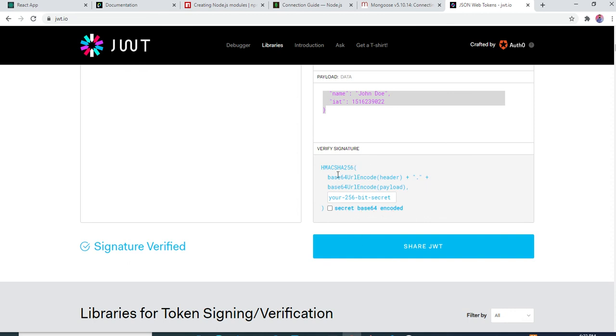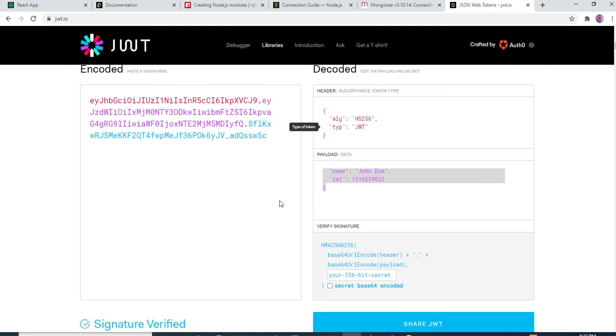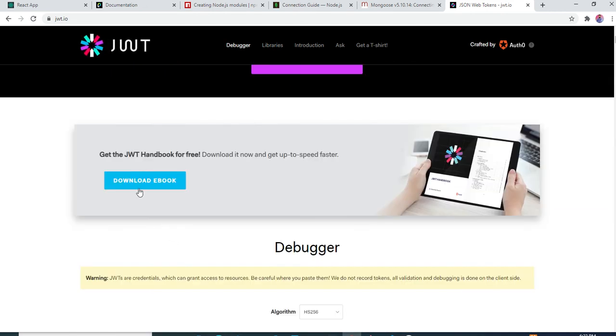So after encoding, the base64 URL header is included. Then this JWT token has the information of your payload, whatever data you have passed, and another is your secret, like that. You can understand it in a better way if you follow some of the documentation and read it.